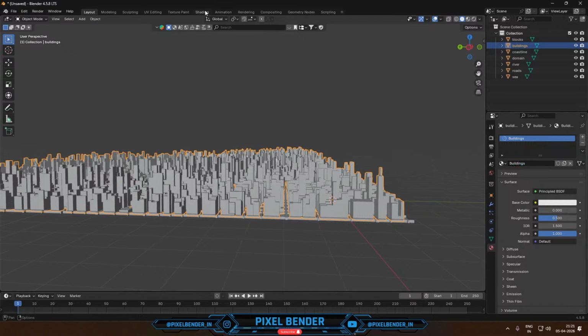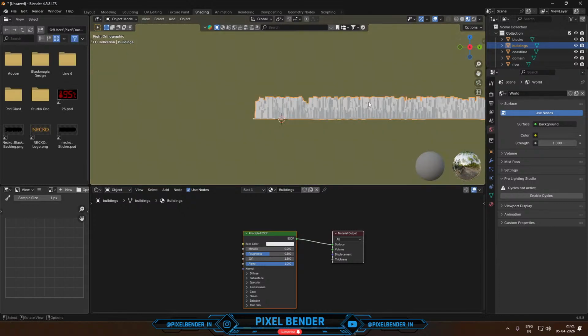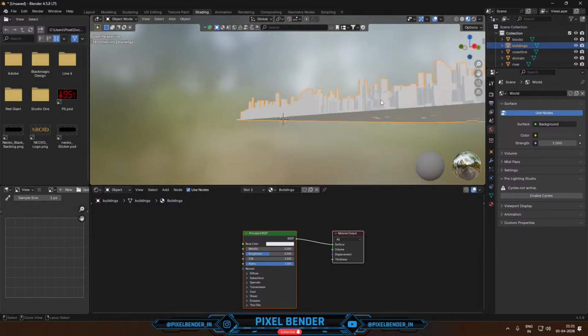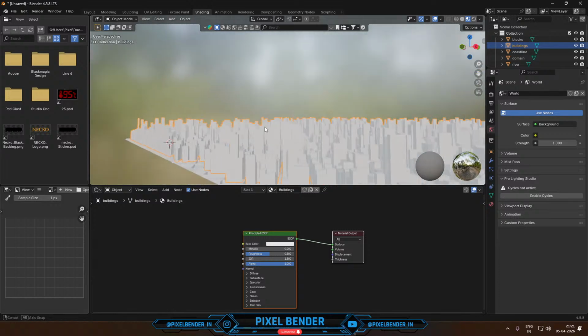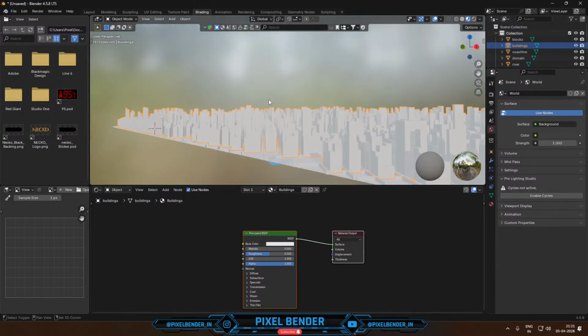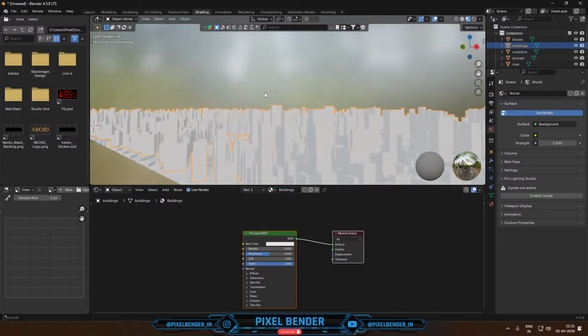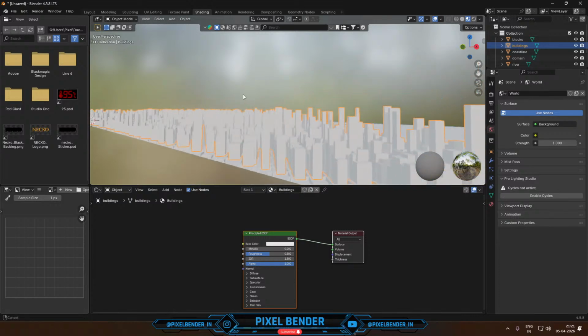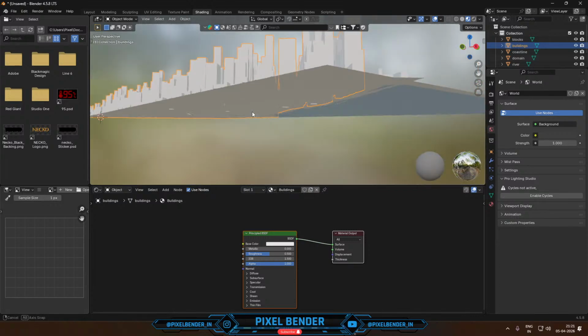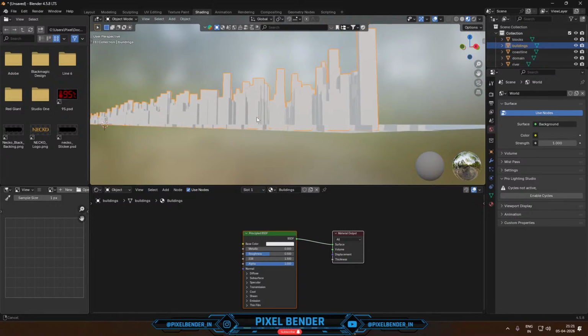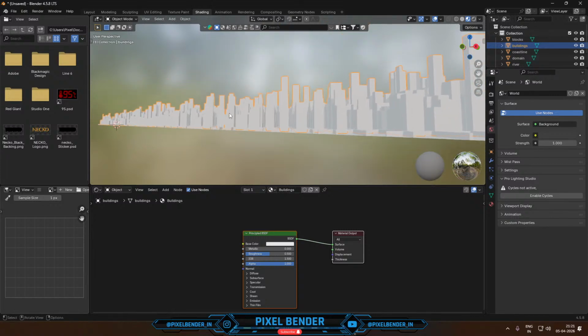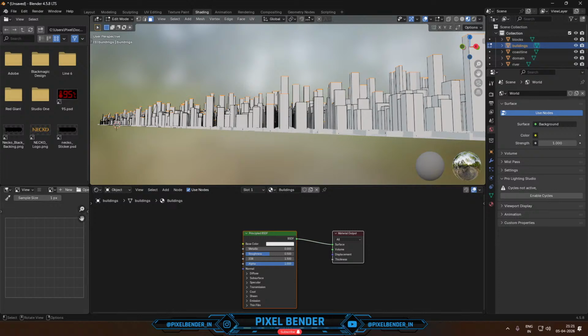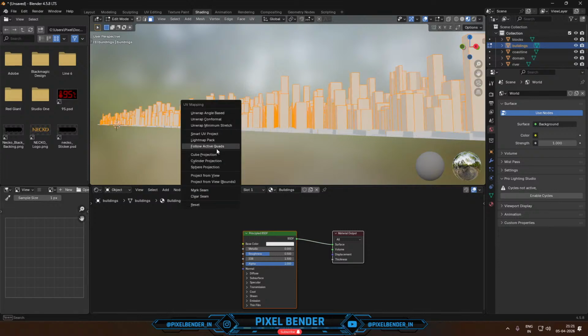Go to the shading tab. Select any diagonal view that you think would look appropriate for your camera position. Let's just go with this for example. Tab, view, check from view,